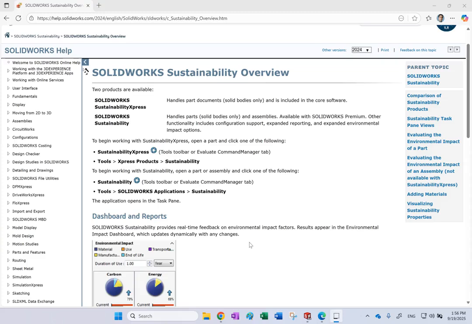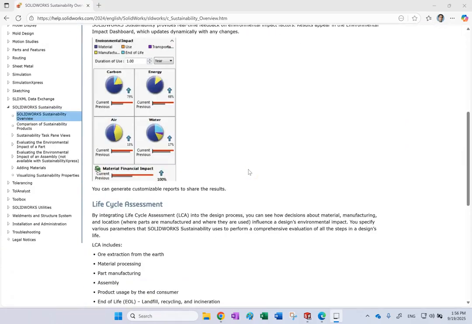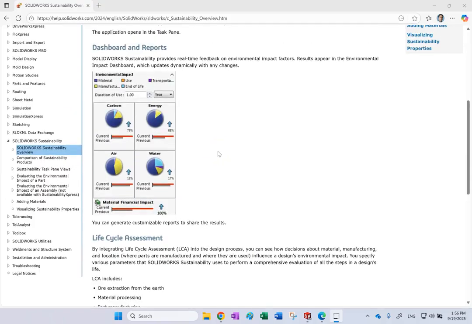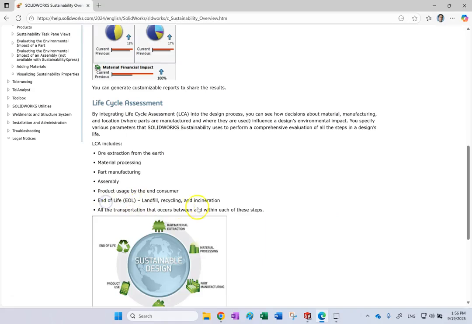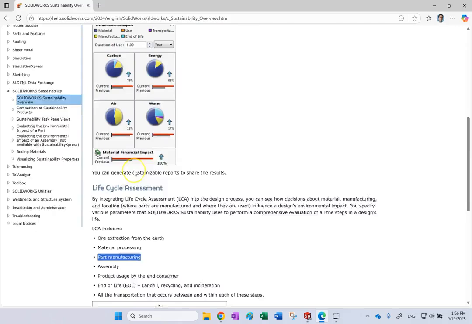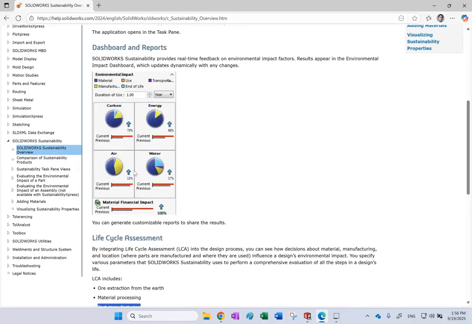And different countries have different policies regarding material extraction, regarding recycling parts and everything, and how the parts are shipped from one country to another and so on. So all of this will have effects on the environment and on what we call the end of life of the part. Again, would we recycle it? Would we just throw it away? Would we put it on fire, right? Incineration or something. And then what material we pick, again, all of this will have different effects on the